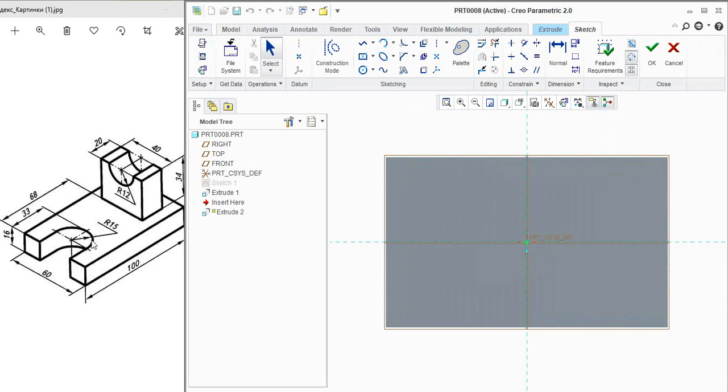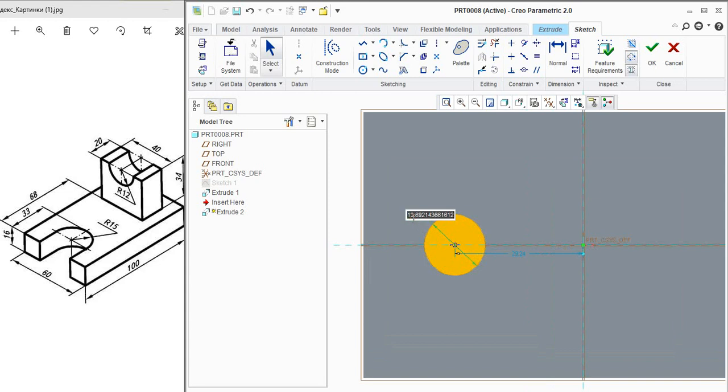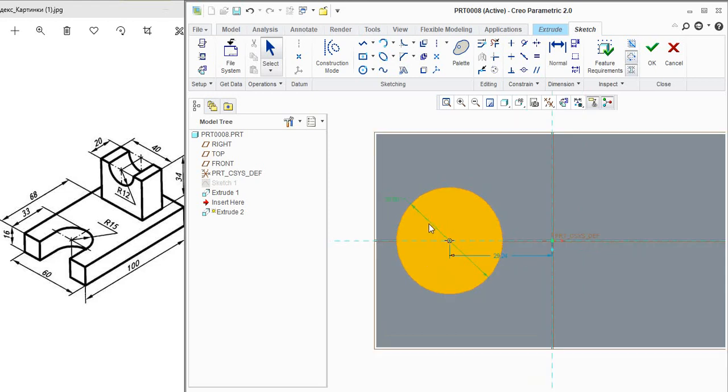We will take the circle option, diameter 30. They have given a length of 33 mm from this corner edge.